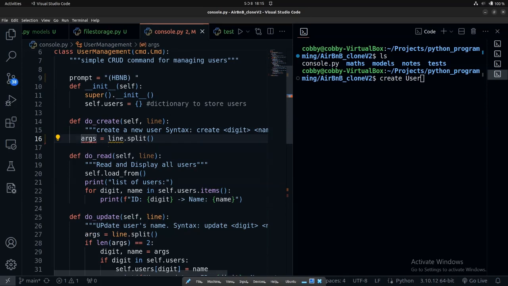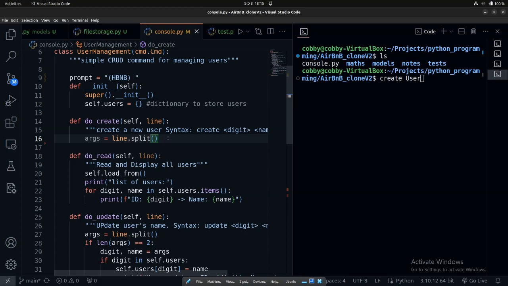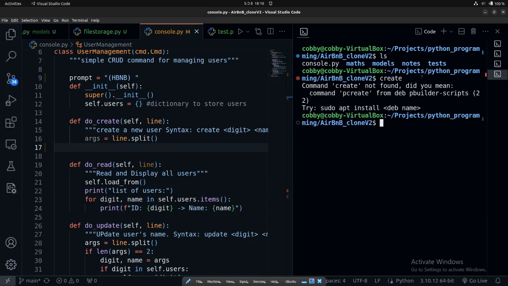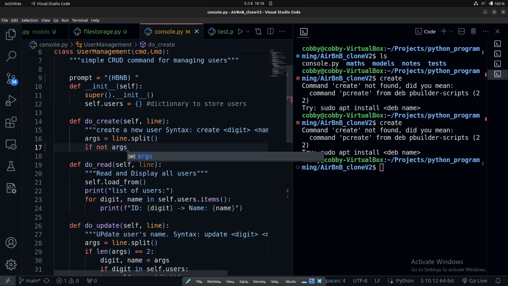So we store it in a variable called ax. So we now have the input split. And now we want to put in a condition that in case the user just types create, we don't want it to work. It should at least tell the user that they did not add a class to it. So if the user goes on to do create like this, we should just prompt the user that they need to add the class to it, right? So we can say if not ax,